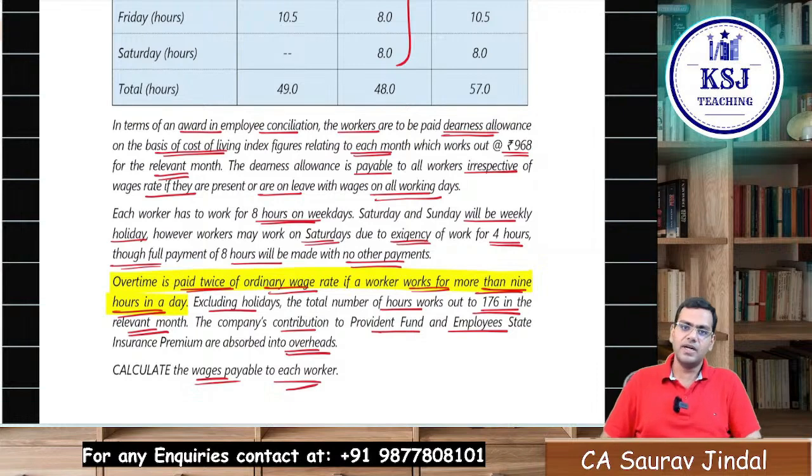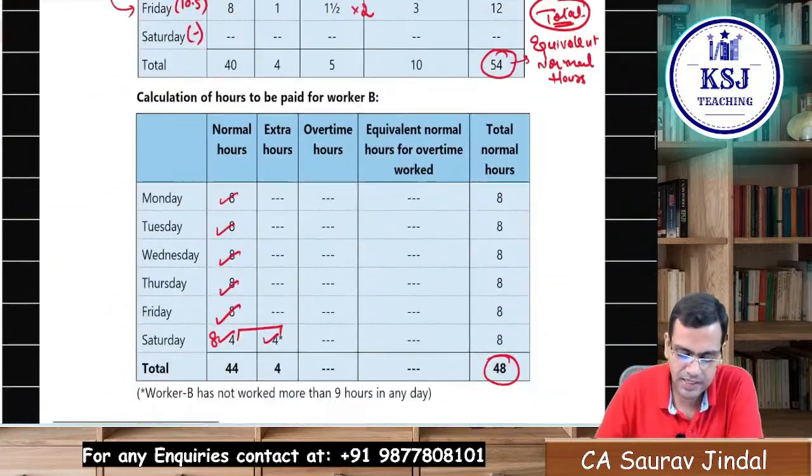Hari, you can do it. In that case, the calculations will be a little bit complicated, not difficult, complicated. Overtime has to be calculated at double the rate and all those things separately. You can do it if you wish to, but the best way of doing it is to convert it into the equivalent number of hours. The best way is that. Right? Okay.